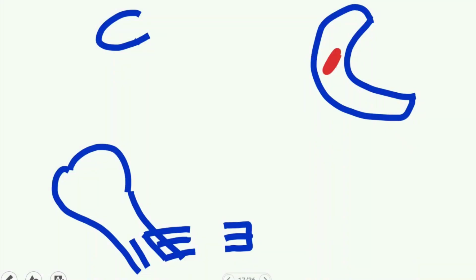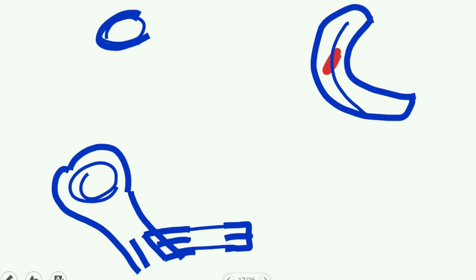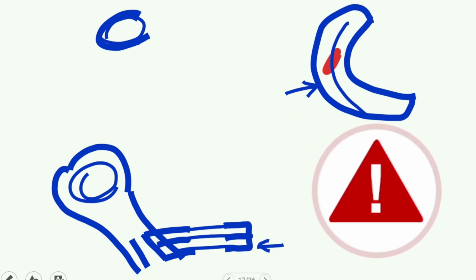Now look at this sketch. What I have shown you, this is the first rib, this is the coracoid process, and this is the humerus bone. This is the teres major muscle attached over the medial lip of the intertubercular groove. Axilla will start at the outer margin of the first rib and axilla will end at the lower border of the teres major. Keep in mind these two landmarks.